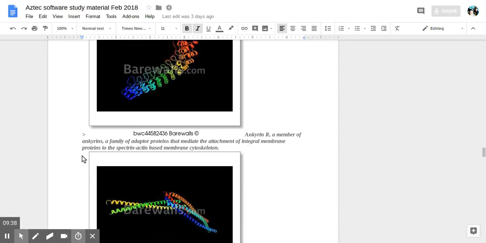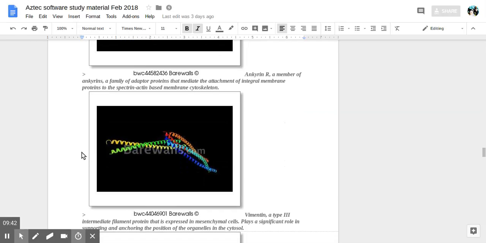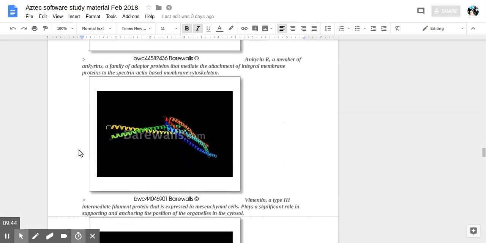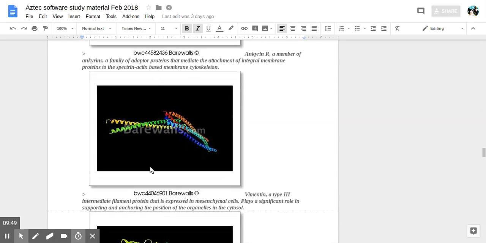So again, the cytoskeleton, the skeleton inside the cell, is basically made of protein fibers linked to the membrane itself. We'll continue